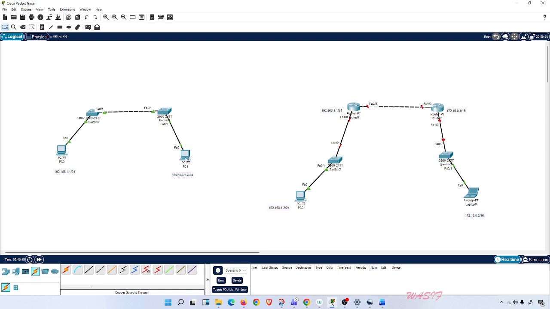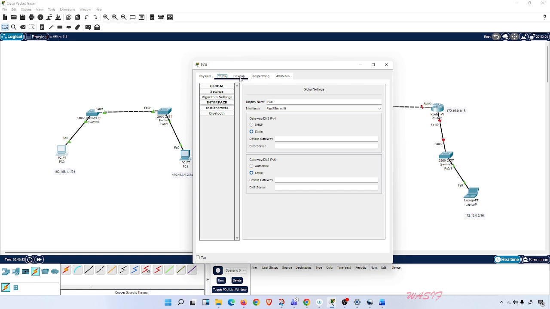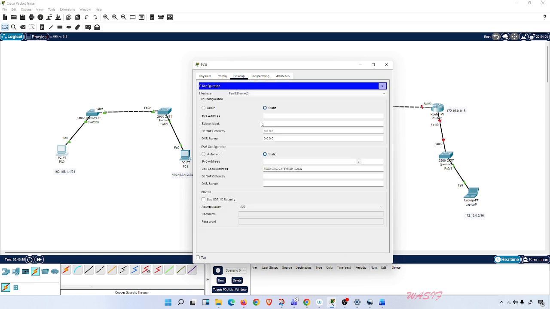So how to configure IP address on a computer? Let's come here. Desktop, IP configuration. There are two options: one is DHCP and the other is static. If you choose DHCP, you cannot configure the IP address because the computer will get an IP address from a DHCP server. Click static and put the IP address